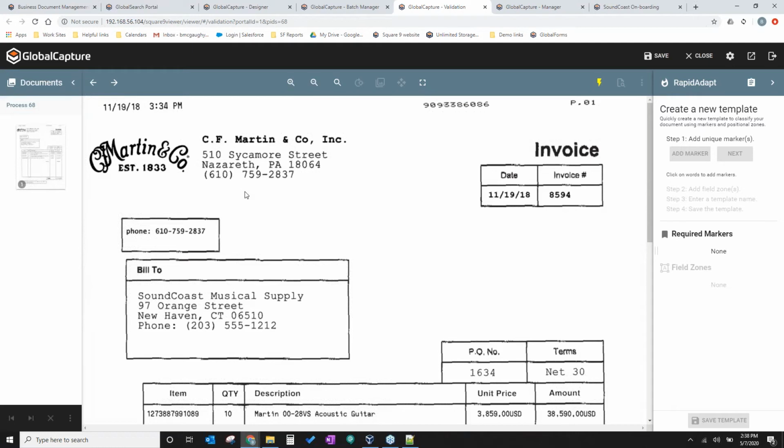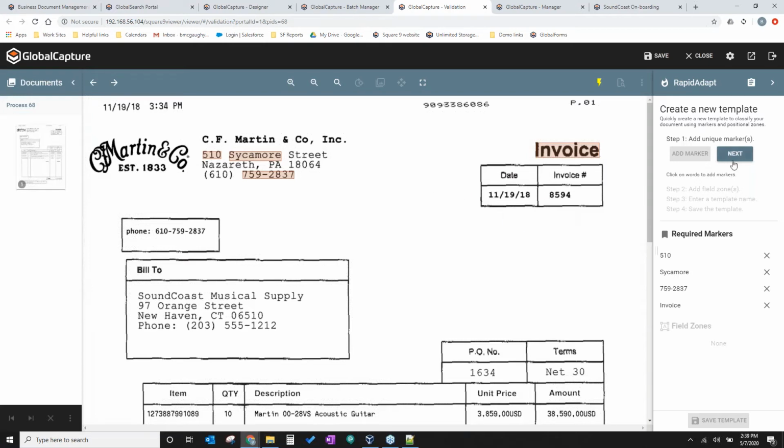So what we want to do is pick some keywords that are going to be specific to this invoice. In this case, I could use the address, right? We know that nobody else is going to have 5110 Sycamore Street. And then maybe I use the phone number as another one. And then maybe I want to do invoice, because we could have that same email address monitoring for purchase orders, delivery receipts, a number of different things. So we can classify each individual document type and run them all through the system, right?